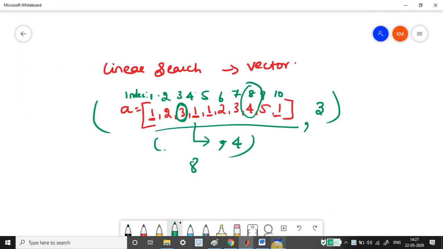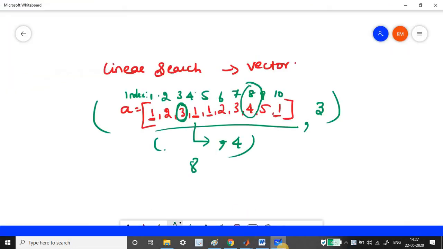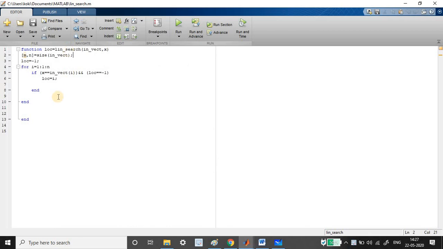In this example, first I have given 3, so let us take this 3 as x. So the x value is 3, with the same vector. This 3 is compared with the input vector's first element, which is obviously 1, so it will not be equal, and the condition fails.